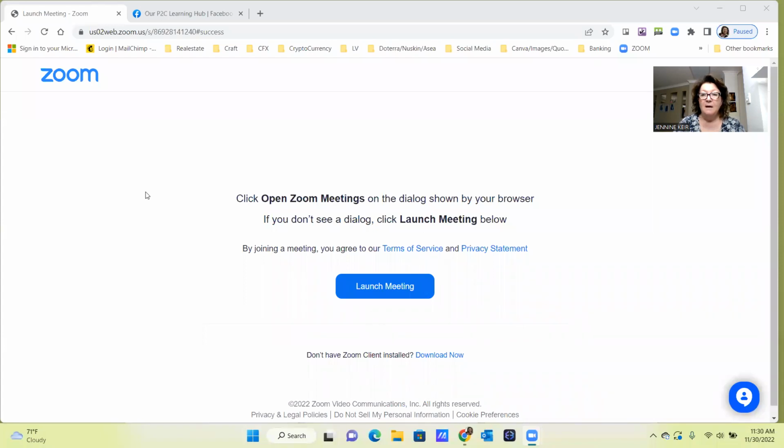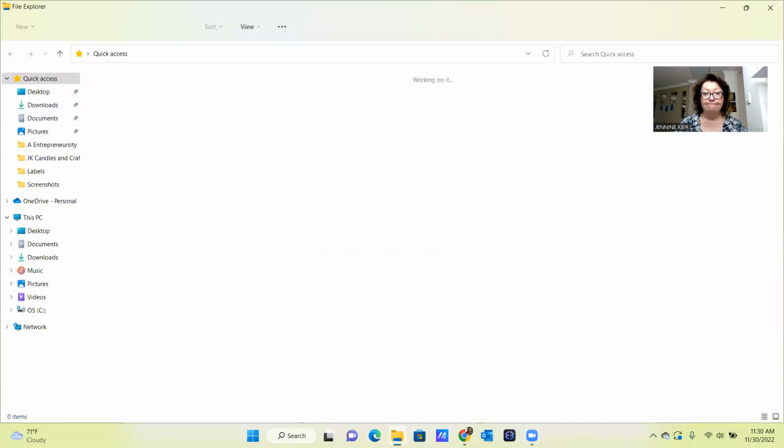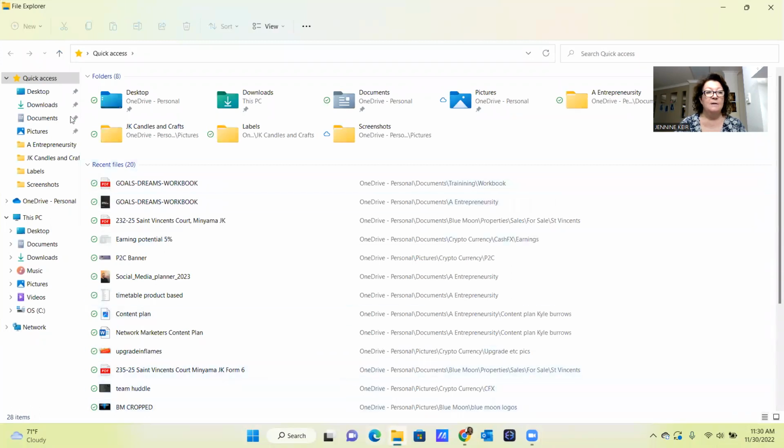So I will share my screen. Okay, firstly, when you look at my computer, now everybody's computer is different, basically the same, but they can be different in places. But once you're into your computer, you should have, down on your bottom bar, a little thing that looks like a manila folder. You liken it to your filing cabinet. If you click on that, it opens up to all your documents and pictures and everything over on the left-hand side. And of course, I've got mine across the top.